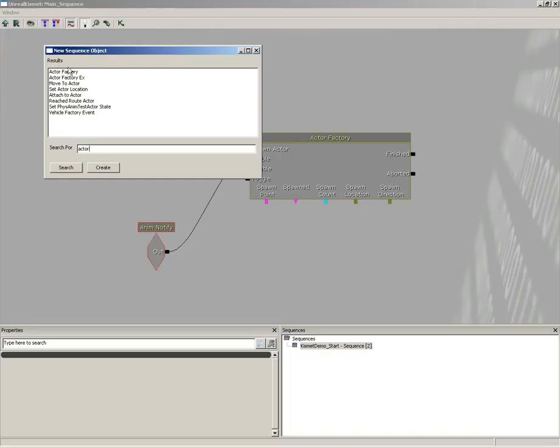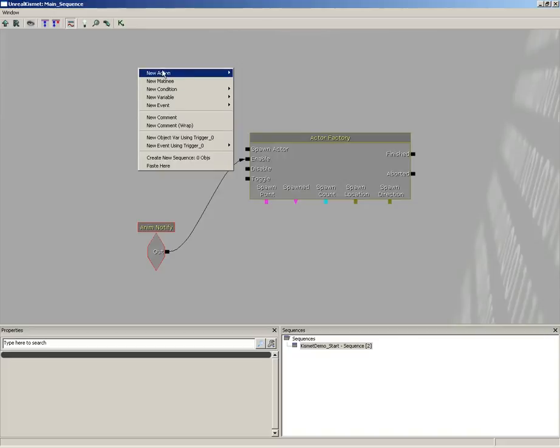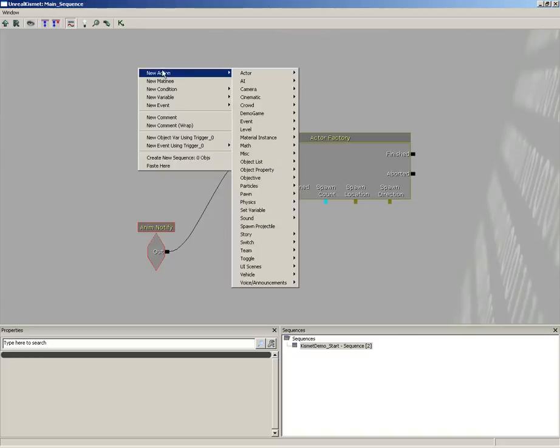Now here's all of the different sequence objects which have the word Actor inside them. So it's just kind of a way, if you already know what you want to create, to jump in and quickly find it. Now, if you don't know what you want to create, again, this is just personal preference, I find that the right mouse button is a little more useful because you can kind of start off by going,